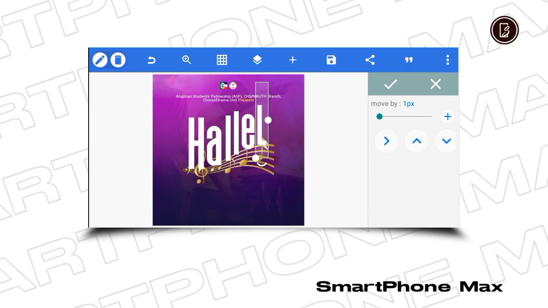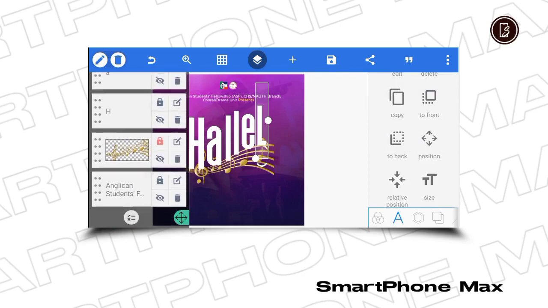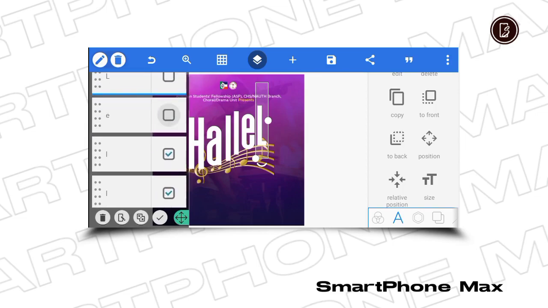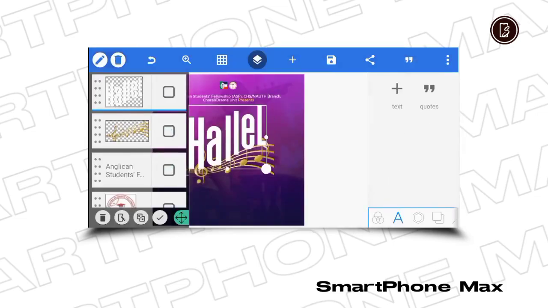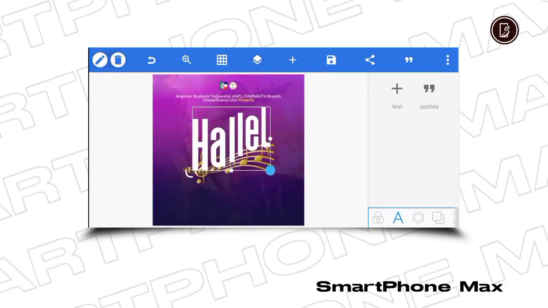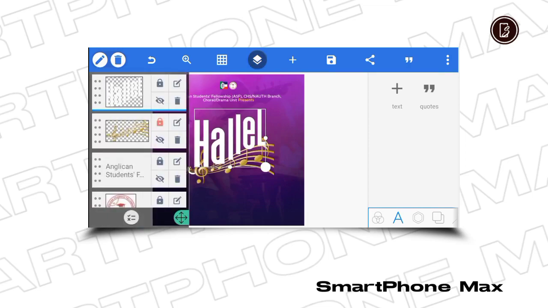Okay, so this is what we have, and so what I'm going to do now is to merge the entire text together, because every effect I'm going to be applying, I'm going to apply them together on the text. So I'm going to merge them together. Okay, so I can now move them together. Alright, so I can decide to reduce the size. Okay, now if I place this behind the music scale,